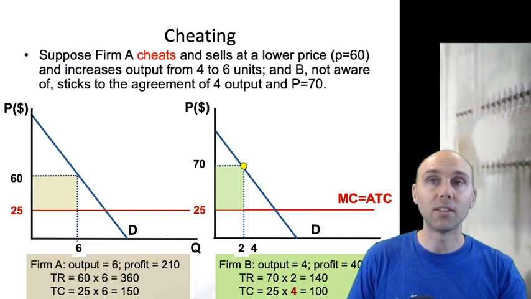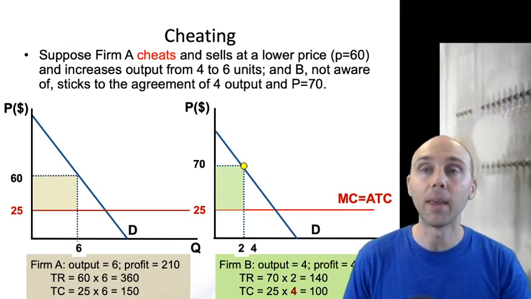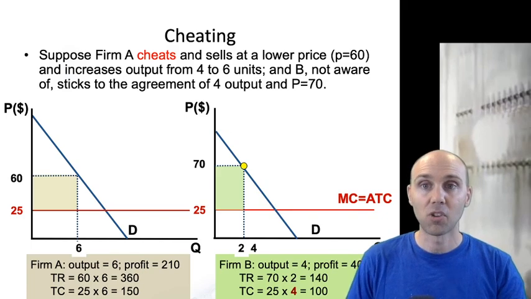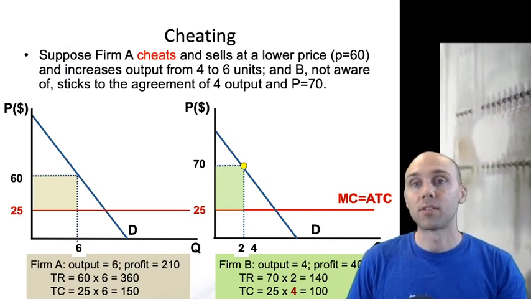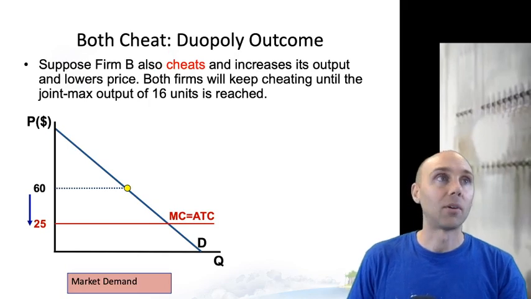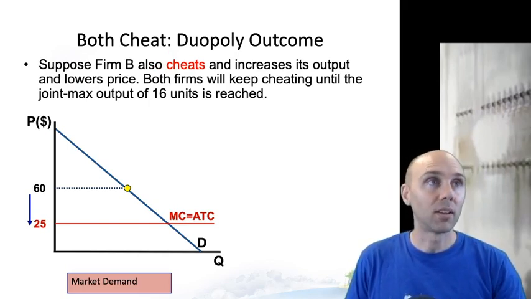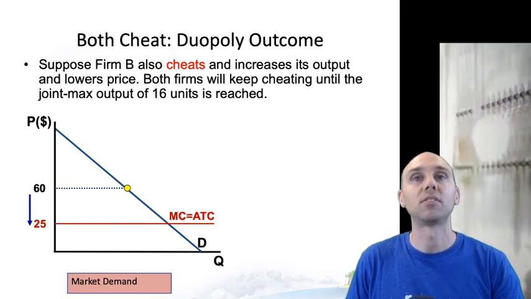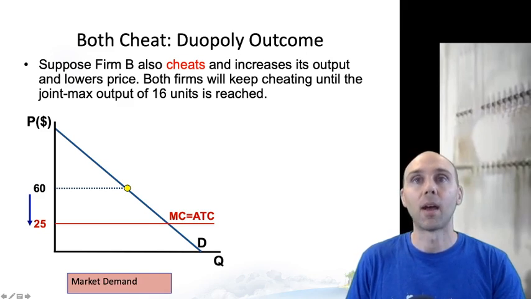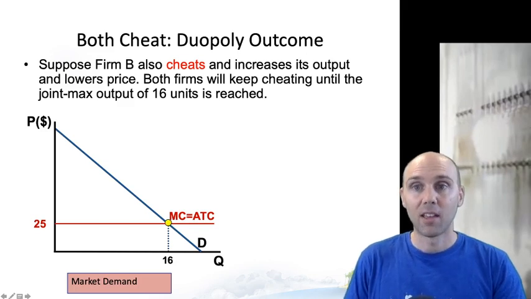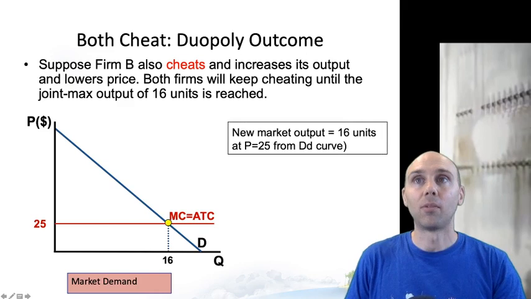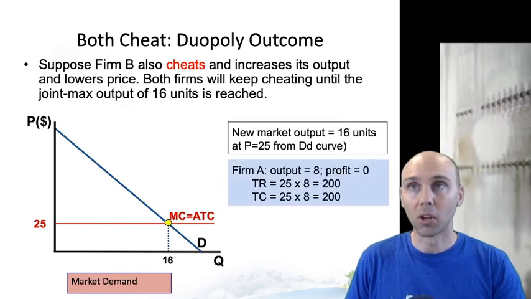So what should firm B do in this situation? Well, the incentive for firm B is to lower its price. So it will lower its price and increase its output, and it might even try to undercut firm A. And then what's firm A going to be? Well, firm A is going to try to cheat as well, and theoretically we could have a price war that continues until they're not making any profit at all, both producing an amount of 16 at the marginal cost. And that would actually lead to our perfectly competitive output in which both firms are producing